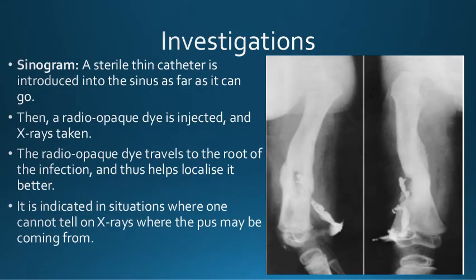Then you can do a sinogram. Sinogram is nothing but you put methylene blue or a radiopaque dye through this sinus or the cloacae, and you take an X-ray in an AP and a lateral view, so that the whole of the tract you can see on X-ray. Why is this important? This will tell you what direction you need to excise the sinus during your operation, because you need to do all the sinus removal and to reach the bone towards the sequestrum.